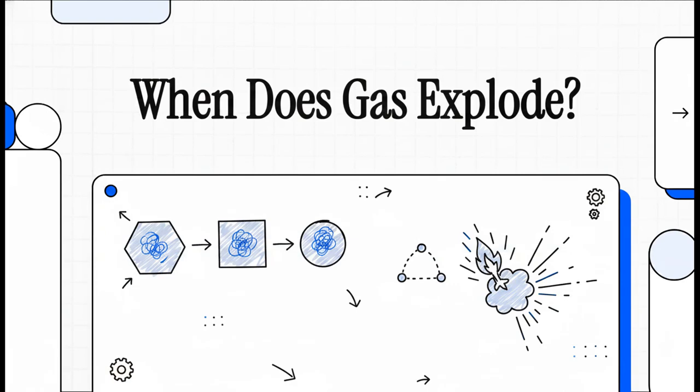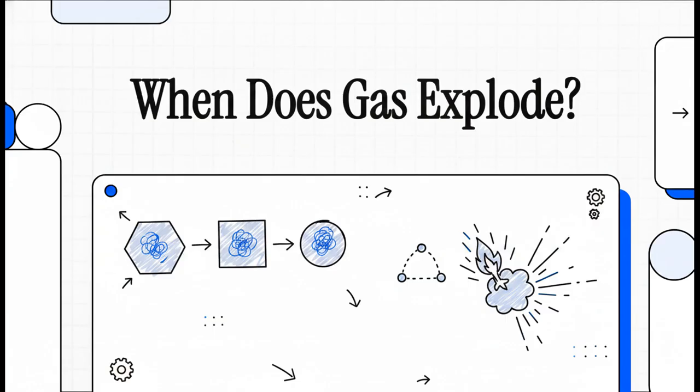Industrial gas explosions aren't just random, chaotic accidents. They're actually precise mathematical recipes that we can actively break. Welcome to this explainer. Today, we're unpacking the actual physics of hazardous areas. We're going to look at exactly when a gas cloud becomes a bomb and how international standards are specifically designed